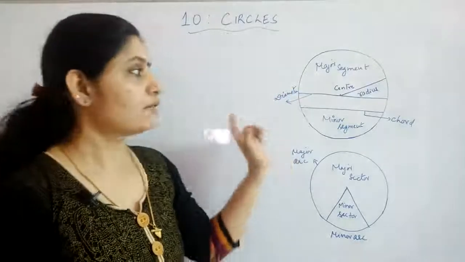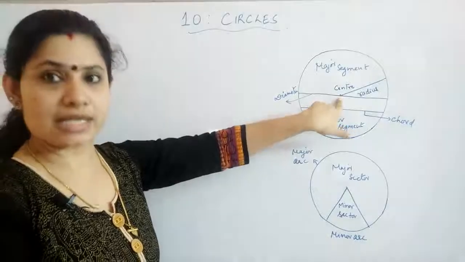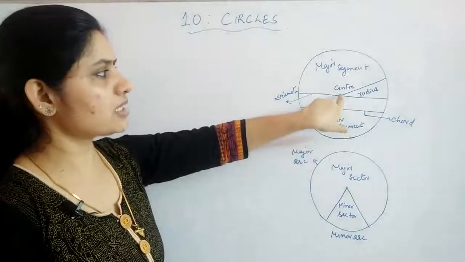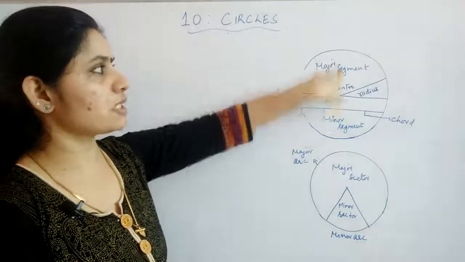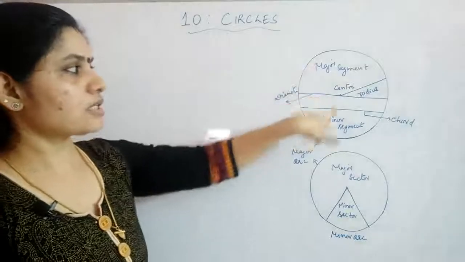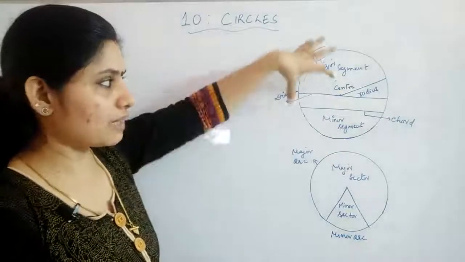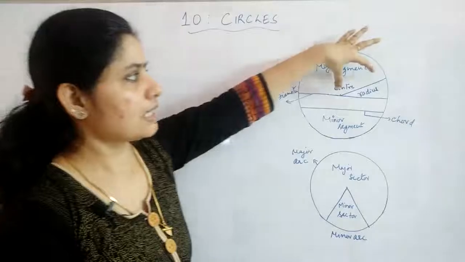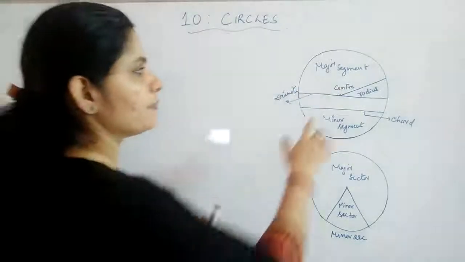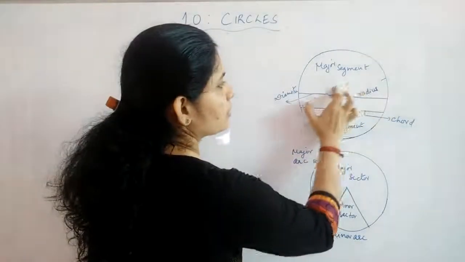Okay. So I have drawn a figure which will give you a rough idea of everything which we have already dealt. First thing which we are discussing is center. You can see that this is known as the fixed point. From this fixed point, everywhere on the circle it has the same distance, and that same, constant distance is called the radius.